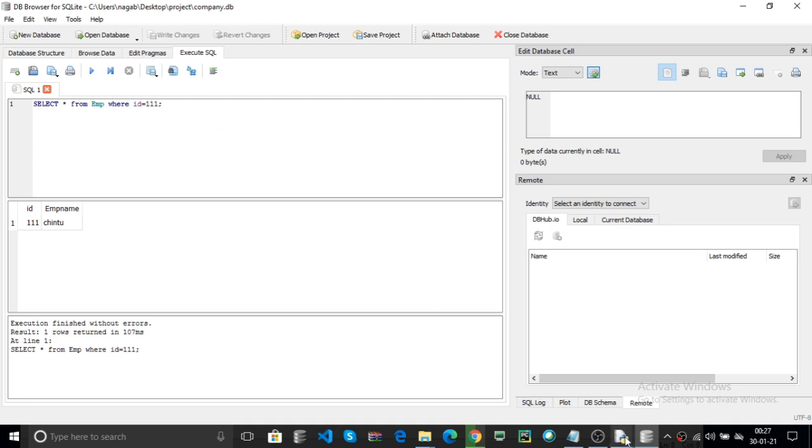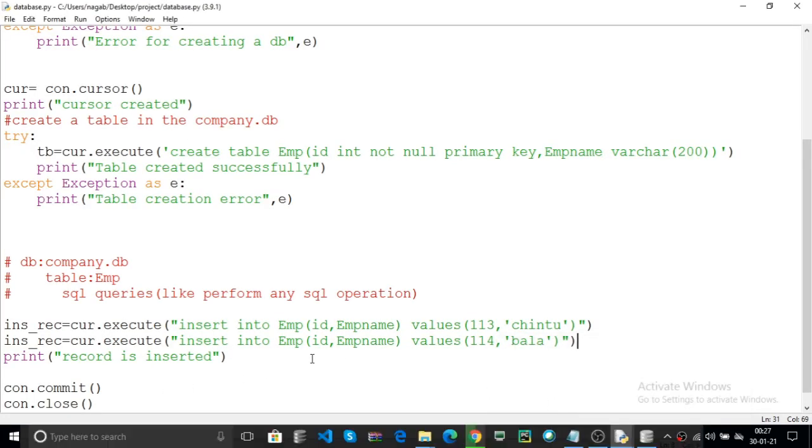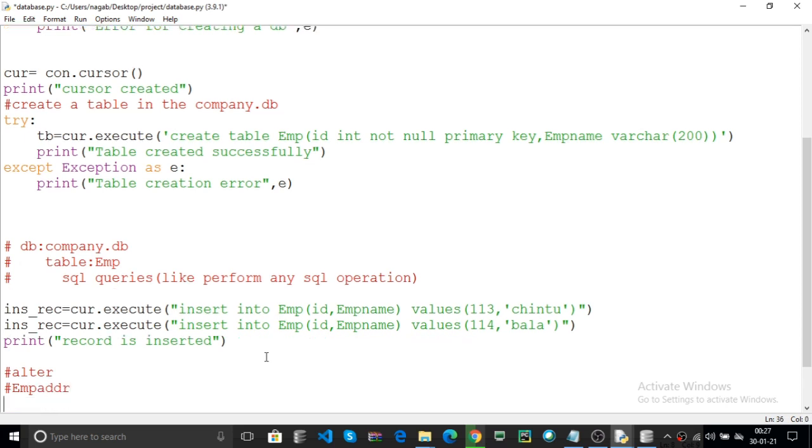Here go to the application again. Before committing, for example, I use the alter. Now I add one column to the employee table, for example emp addr. How? You can use cursor dot execute.